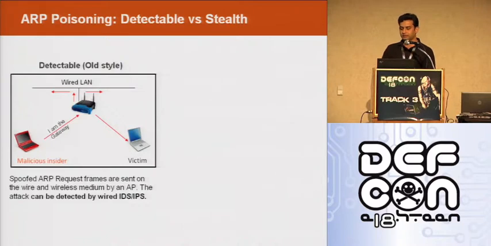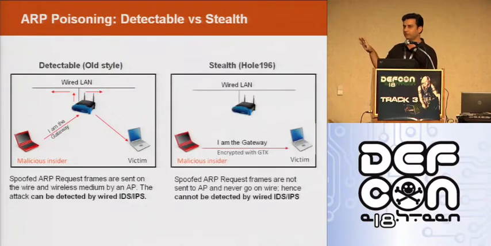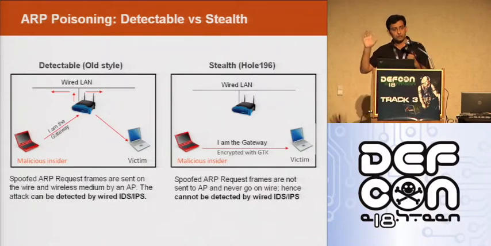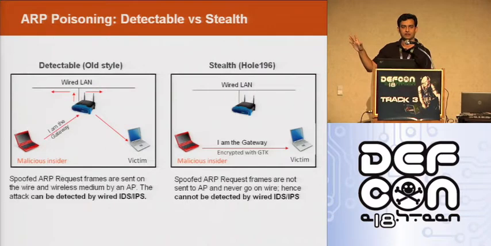Okay? But when the attacker is using this stealth mode attack, packets are directly sent by one malicious user to other Wi-Fi users in that network. Packets are never going to the access point, and never reaching the wired segment of the LAN. Right? Which means the footprint of the attack is limited to the air. Which means most wired IDS IPS systems will not detect this, because the packet is not hitting the wired segment of the LAN. So without getting detected, the attacker can do a man in the middle attack and steal private information of other Wi-Fi users in a WPA2 network. Okay?